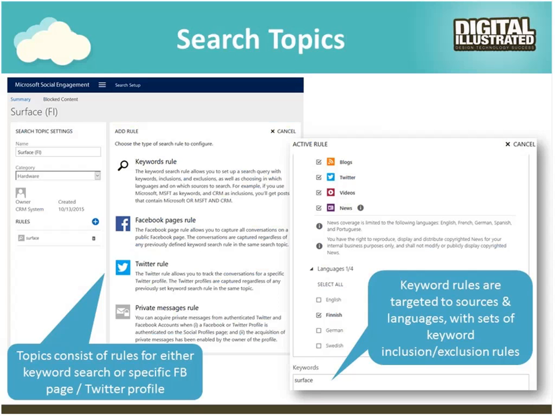But then the actual MSE product, once you get it, the first thing you'll have to do there is to configure your search topics. So MSE is not like your, let's say, Twitter clients like TweetDeck, where you can just browse any search topic that you think of. Rather, you need to pre-configure the topics that you want to accumulate data